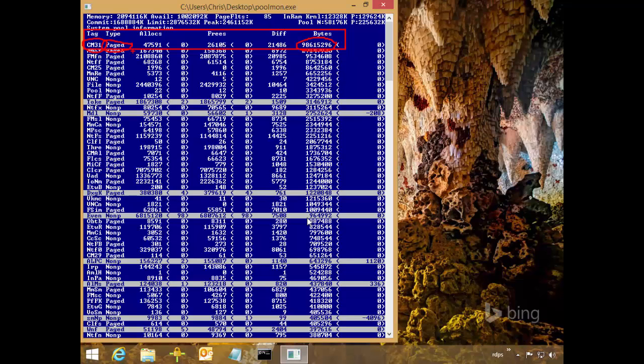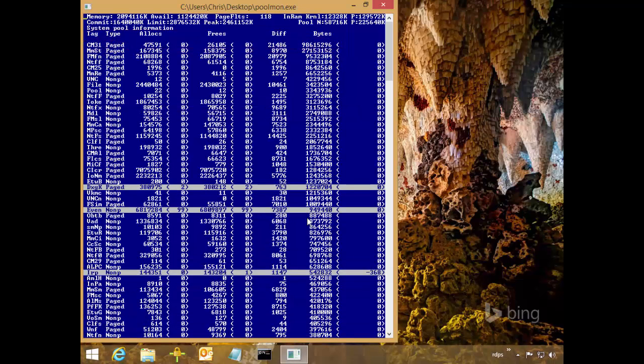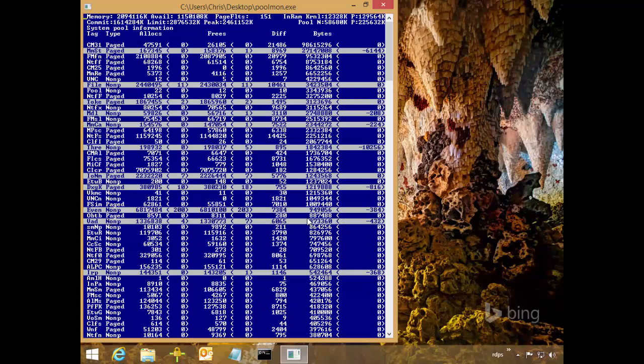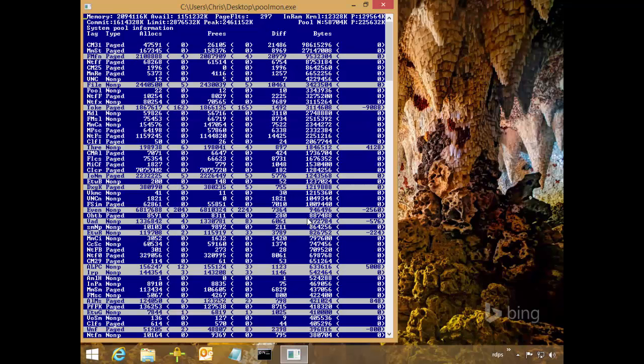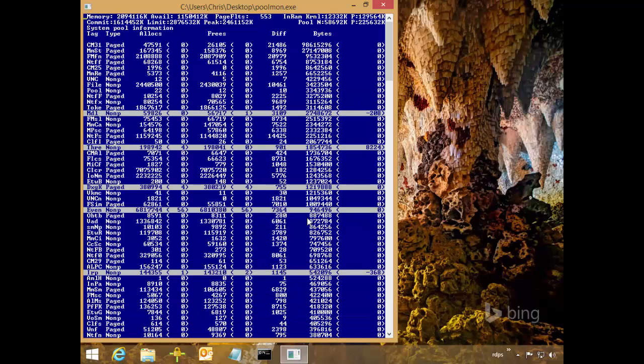Well, if it turns out to be non-page pool or page pool or whatever it happens to be that we're leaking, then we need to determine what it was. Now, perfmon's great because it can measure things over a period of time, but since it can't measure this, we get into a more difficult discussion about how we're going to go find out what system process is killing you. So, as I previously had indicated, we will see these things leak out over a fairly